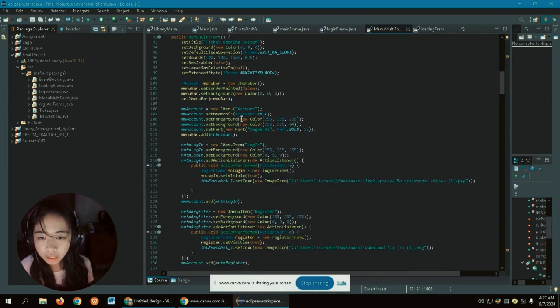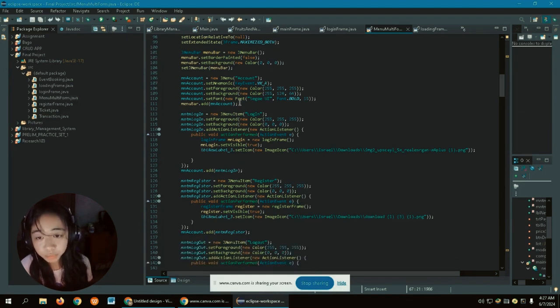Here we're making a JMenu that will show the text Account, setting the appearance, and then adding it to the menu bar. Under the JMenu, it will show a menu item with the text Log in.